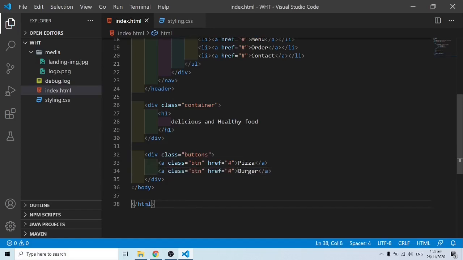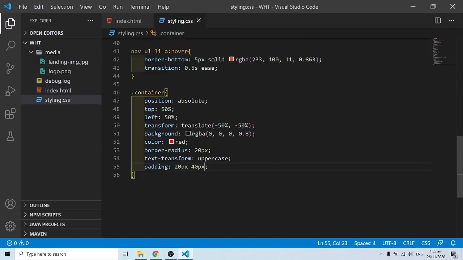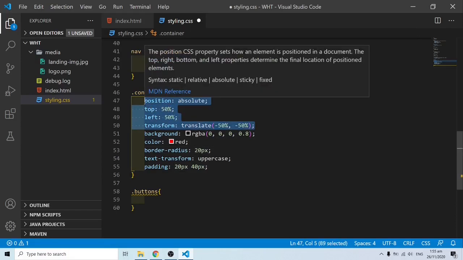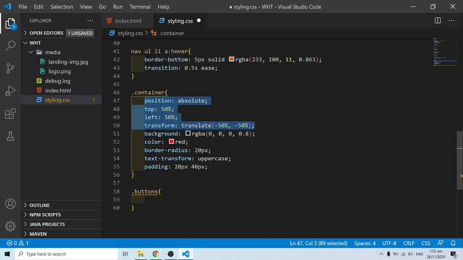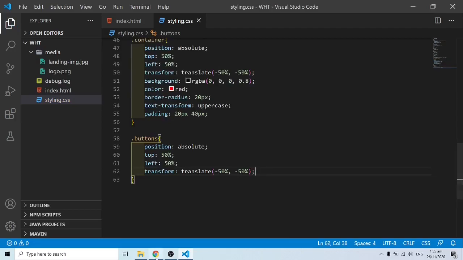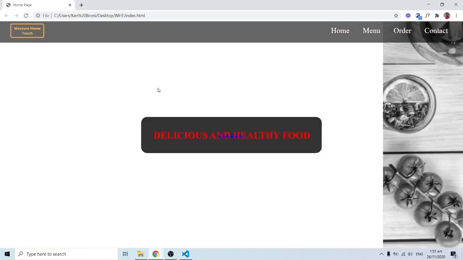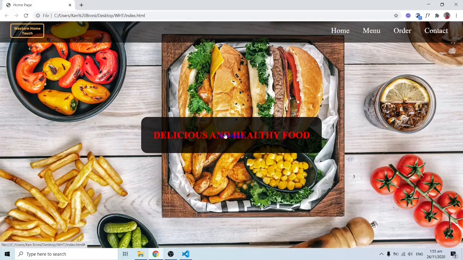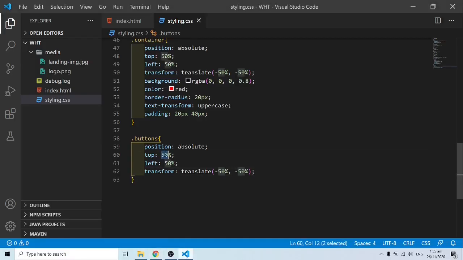All right, so what I did was I grabbed the buttons tag, and inside buttons, I grabbed what we have over here. So basically these few lines are what put the text in the center. Once I do this and come back over here and refresh, we have our buttons being placed over here. Okay, so we need to put it a bit down, and we just have to change the top